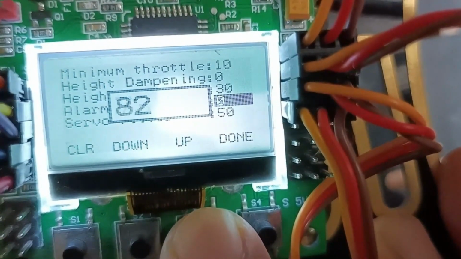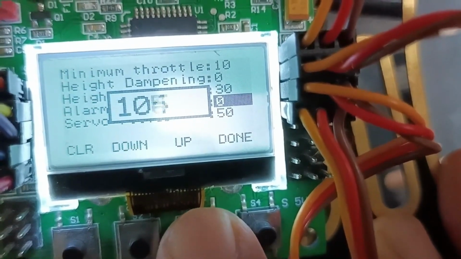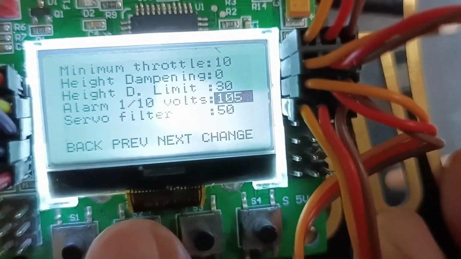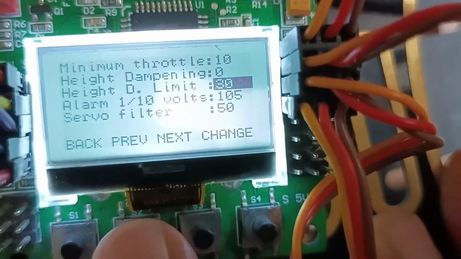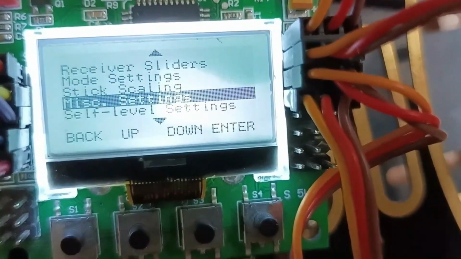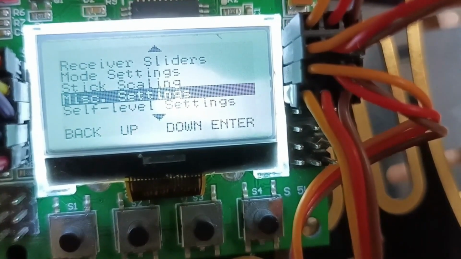Done. This is 105, then we will press back. So maybe you have some confusion about why we used the 105 value here.